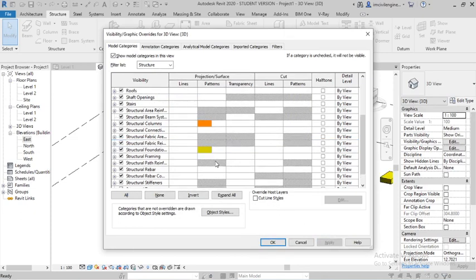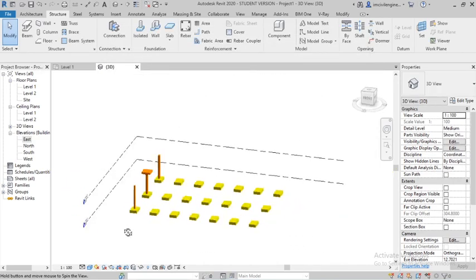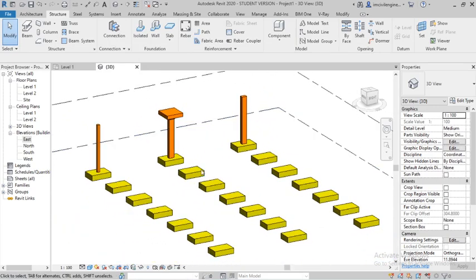Then structural columns and structural foundation, only for those two. You can see the structural details and the colors.